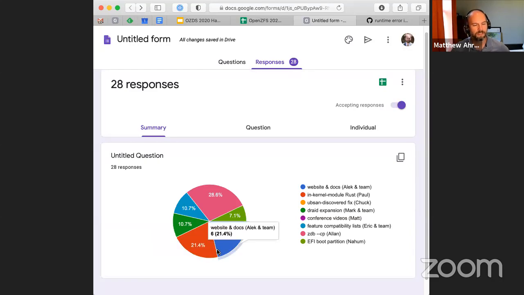Second and third places are tied between the Alekin team with website and docs and Paul with the in-kernel Rust module. Awesome. So congratulations. The other favorited projects were D-RAID expansion, feature compatibility lists, and EFI boot partition.